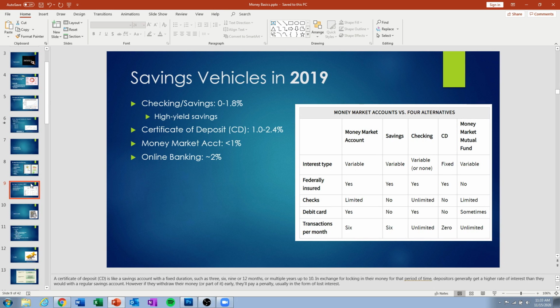Savings vehicles. We'll get into investing later, but this is where we were talking about inflation. There are a few different options: money market accounts versus a savings or checking account, a certificate of deposit, a money market mutual fund. There are different ways you can save your money, and this is also something I'm trying to look into, but it is kind of a bummer right now. So the high yield savings accounts, essentially, what was I going to do? I think it was going to be through Robinhood, and roughly, that's an investing app. I'll touch on that later, but